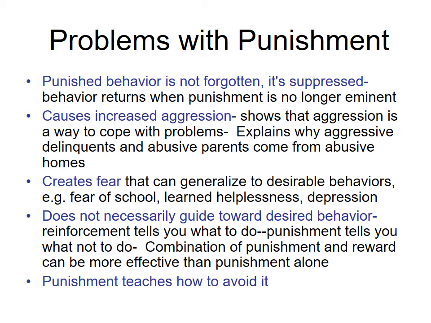We know, especially with physical punishment, it causes increased aggression, whether that is emotional or physical, but essentially it shows children that aggression or strength and anger can solve a problem. And so usually that's why aggressive delinquents usually come from maybe abusive or aggressive parents. It's a learned way to deal with problems. It can create fear. So again, with corporal punishment, being hit to be taught not to do a behavior, well, that's usually coming from someone larger or more powerful than you, and for children that can create or generate fear.